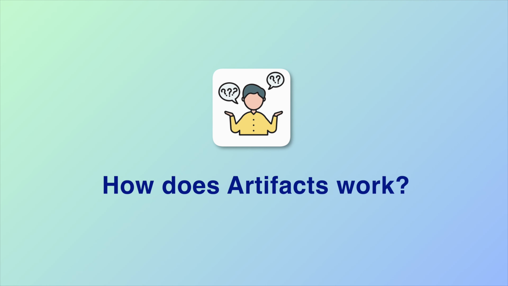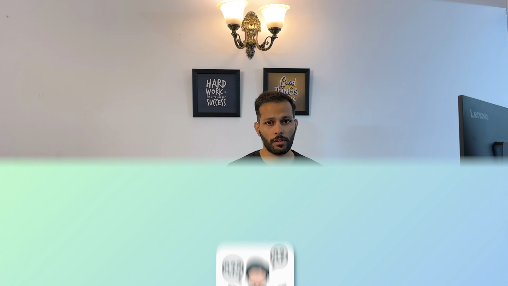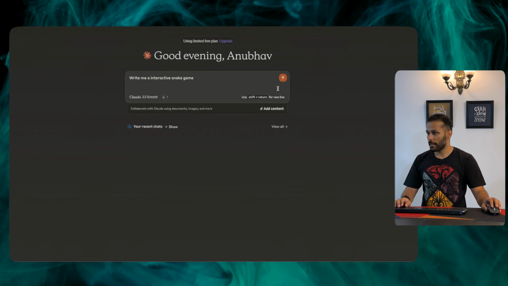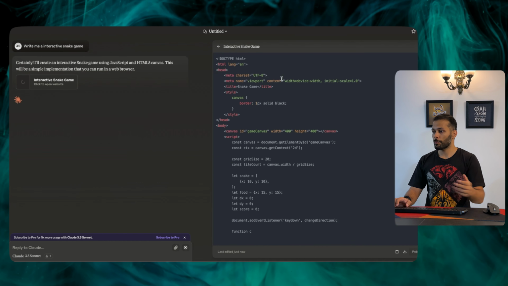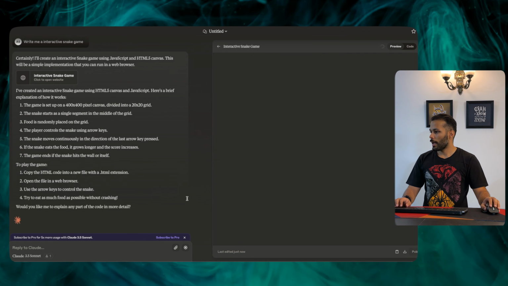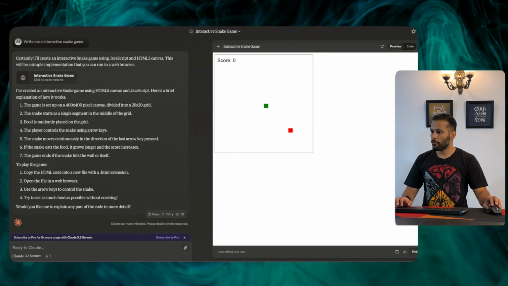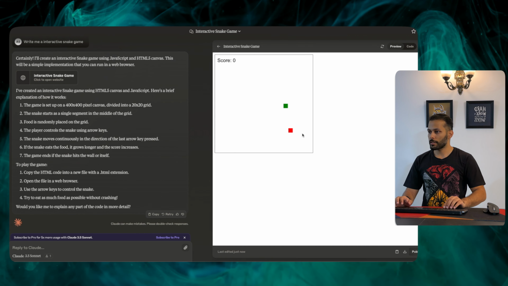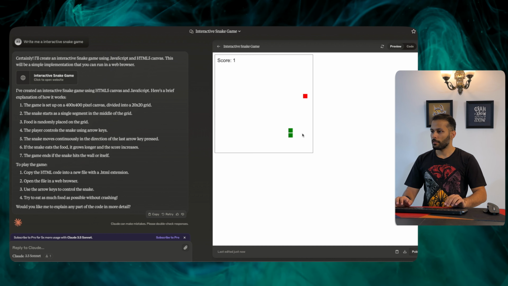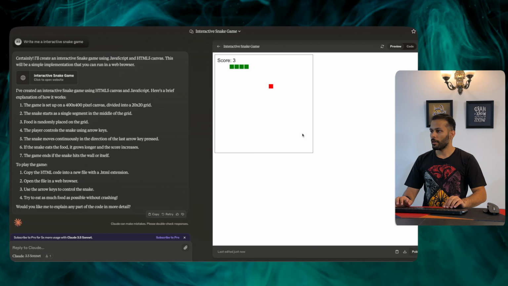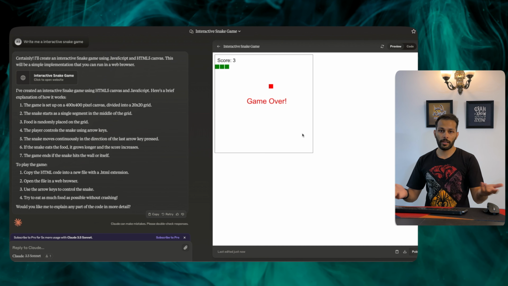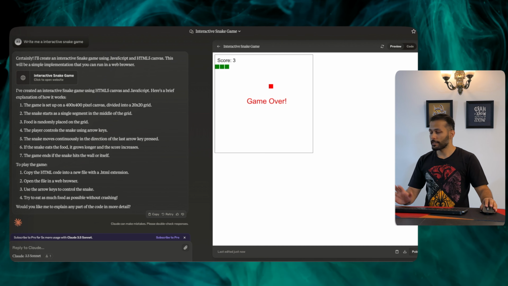Okay, so how does Claude Artifacts really work? How is Anthropic able to prompt it? For that, let me show you another example. Let's first ask Claude to write an interactive snake game, and let's see what it does. In this case, as expected, it has started to write some code and it is trying to generate the game. And as you can see, it has created a game for us. Let's see if it actually works. And as expected, the snake is growing in size as soon as it eats the food, and as soon as it touches the boundary, the game is over. Okay, perfect. This is what we already know.